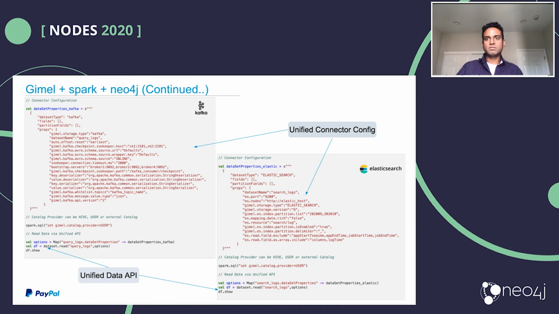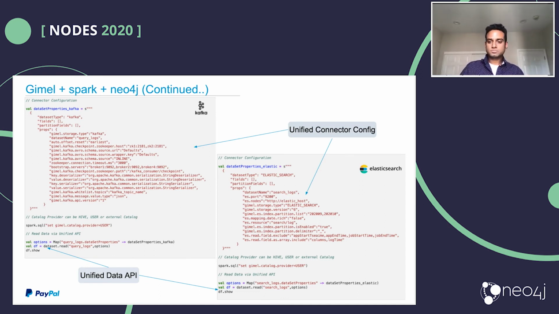As you can see here at the unified connector config, it provides you a way to define where the data is, what the format of the data is, and how you consume or write data into that particular source or sink. And at the bottom, if you follow, the unified data API provides a single line of code to read data and then presents a single format of data to the user or the application, that is a data frame. With that, the user now really has to work on solving the business logic or the problem rather than worrying about how to access data from Kafka or Elasticsearch or any other store that he or she may be working with.